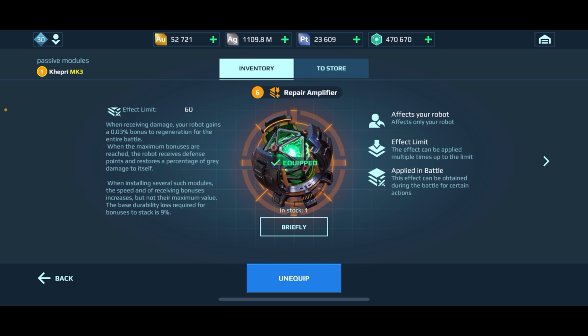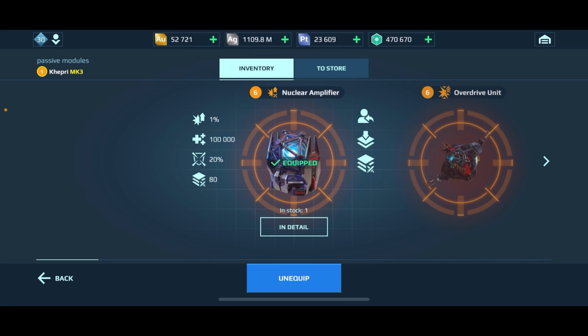Repair Amplifier is very similar to the Nuclear Amplifier. The Nuclear Amplifier is an offensive module, as we all know right here. Instead of dealing damage every time you receive a certain amount of damage, you receive a permanent healing bonus. It is similar to Mechanic in the way it works. So you're going to have that green bar go up and down, and that's what you're earning with this new